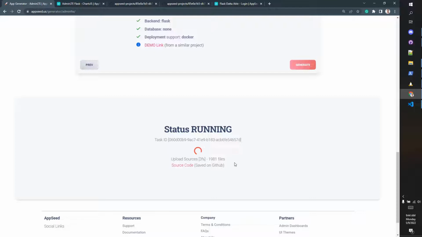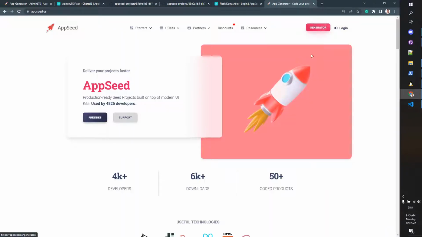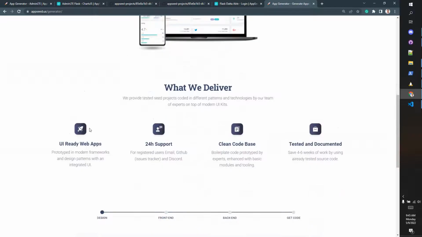But at the end, we should have AdminLTE fully integrated into Flask without authentication, without database, just the files migrated to Jinja. So it might be a good ground base for our future project. Of course, until the process is fully finished, we can browse AppSeed for more stuff. You can use, of course, the generator for other